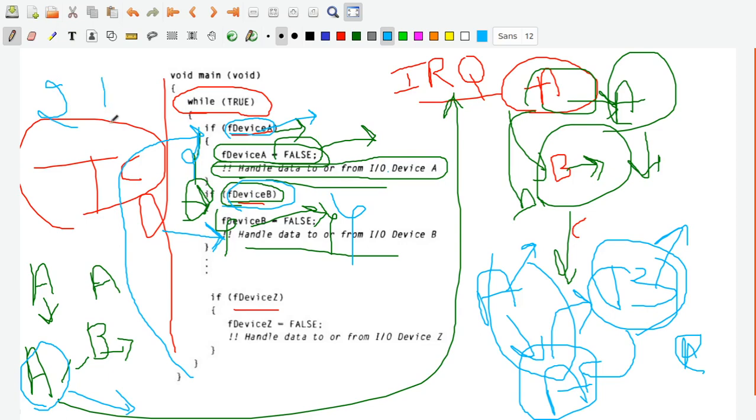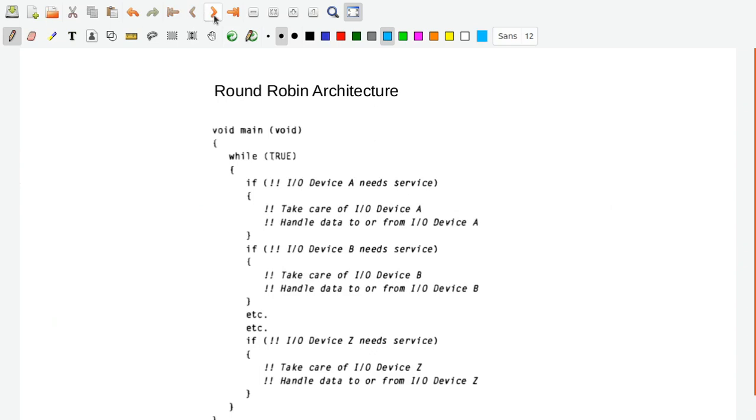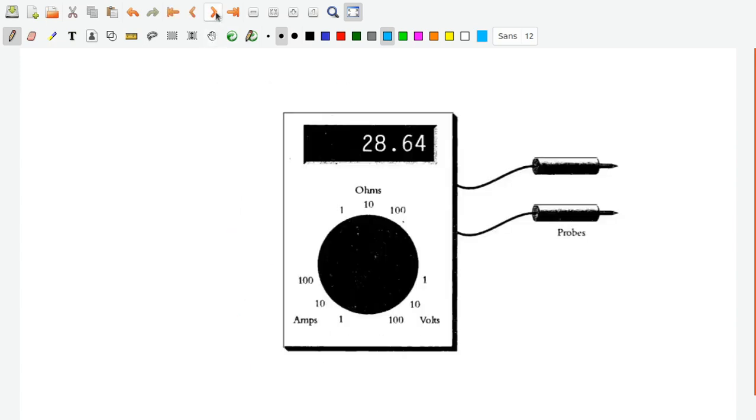This was not happening in the case of round robin without interrupt architecture. Why? Because if you just observe this code here, each device is handled here, isn't it? First it takes care of the input output device A if it needs service. Next it goes here, next it goes here. It keeps on happening that way, isn't it? So if this one, else this one, else this one, else this one, it keeps on happening that way. Whereas in this case,